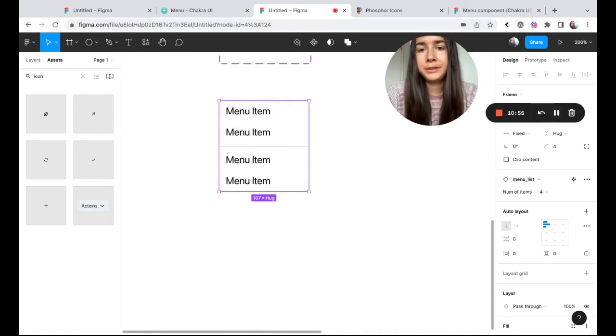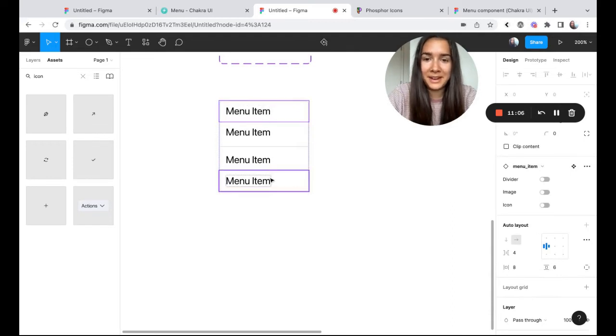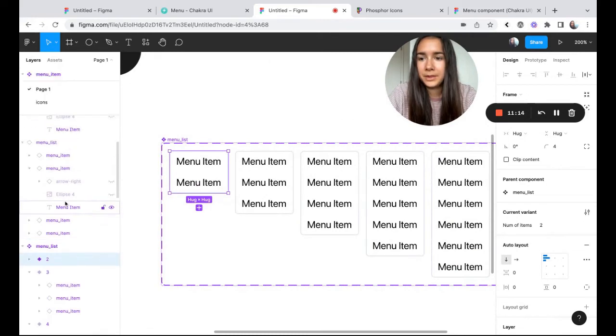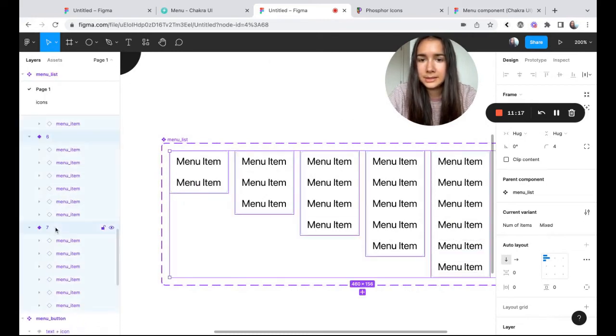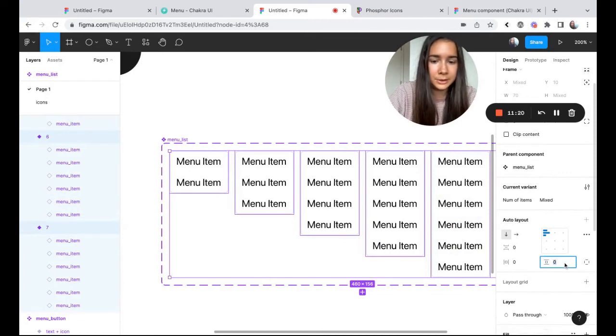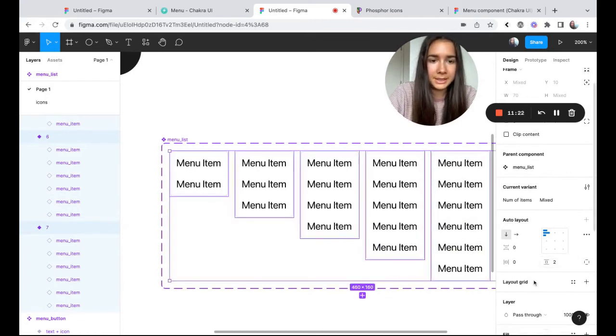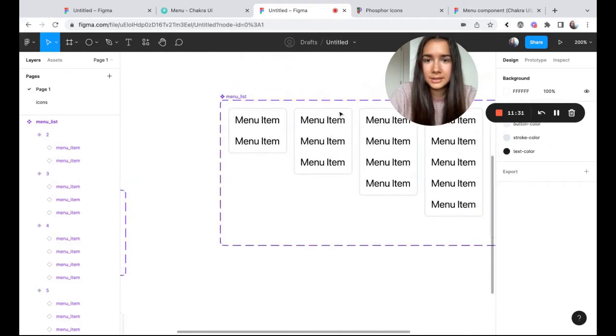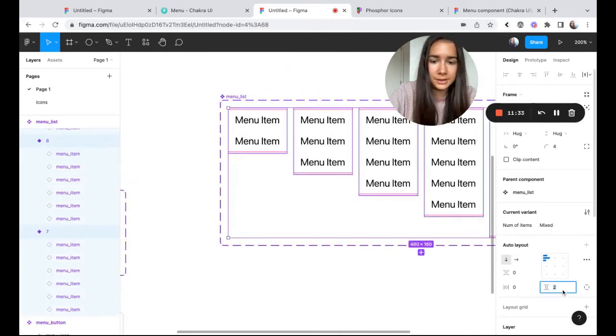Looking at this though, there's definitely one other small enhancement that we can make to the menu list item, is that as you can see, the top and the bottom menu items appear really close to the edge. So what we can do is add just a little bit of vertical spacing to the menu list itself, so it just has maybe a little bit more room to breathe.